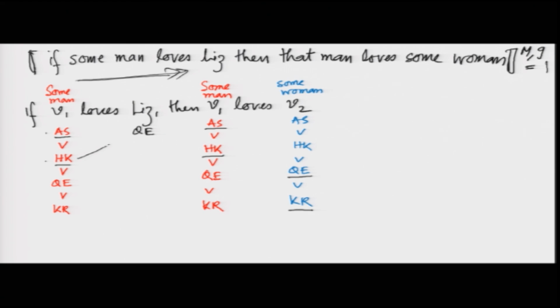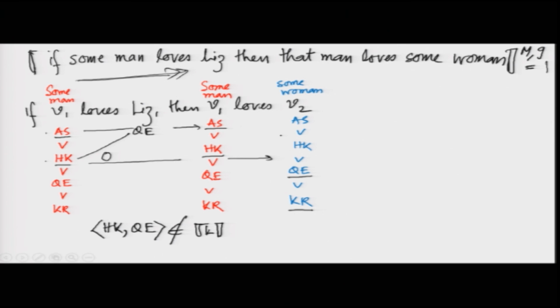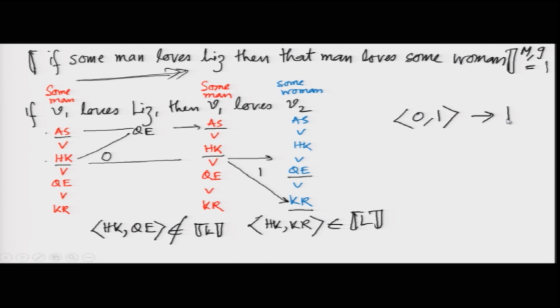Now, yeah, these are the relevant cases, and then we can check HK, he is a man, and these are all relevant cases, and HK QE, this is 0. We know that because HK comma QE does not belong to L. And then what about the other part? It's the same thing we have to consider, because it's the same line. So, HK, does he love any woman? This part comes to be true, because HK KR belongs to L. Now, what is the value? The value is 0 1. 0 1 for if then is 1. So, in fact, both the men